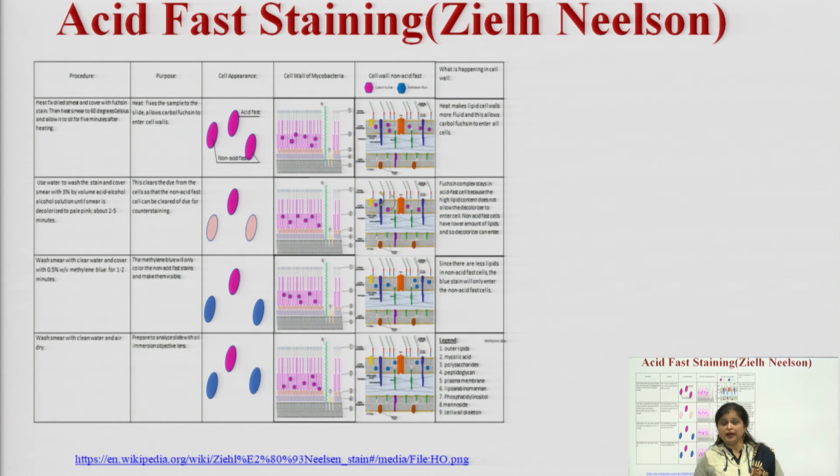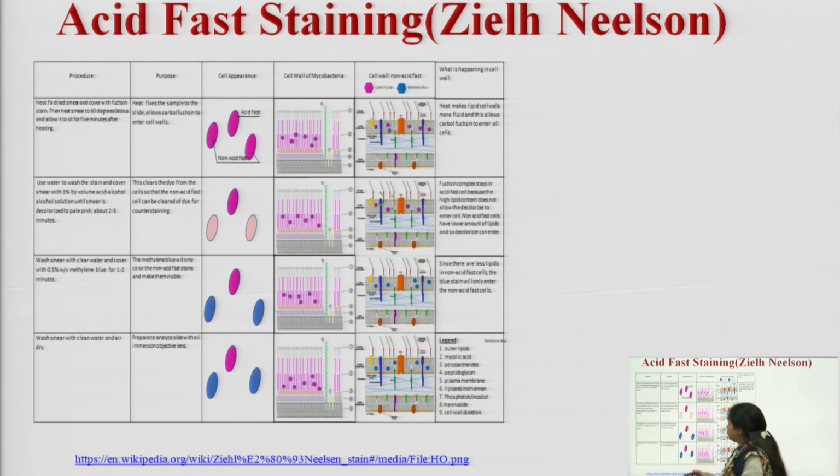So, 3 reagents will be added, whereas in gram staining we were using 4 reagents. One was crystal violet, second was iodine, third we added alcohol, and fourth we added the secondary stain, safranin. Whereas in acid fast staining we only add 3 reagents. One is the primary stain, carbolfuchsin. Second we will add the decolorizing agent, acidic alcohol. And third is the secondary stain, which will be methylene blue in this case.